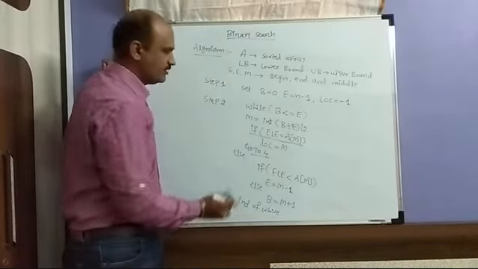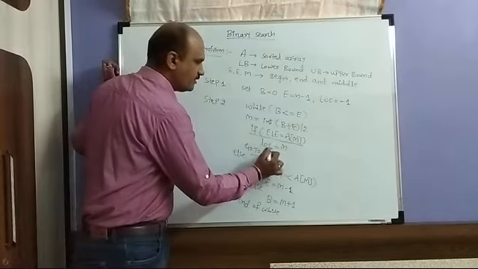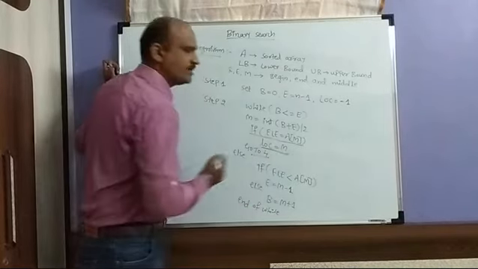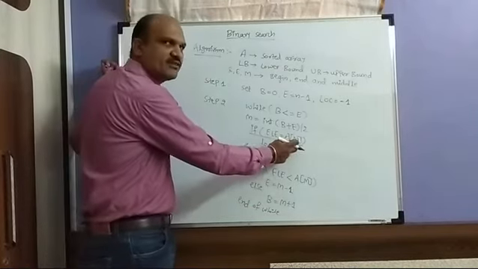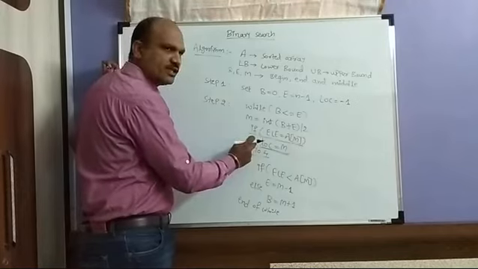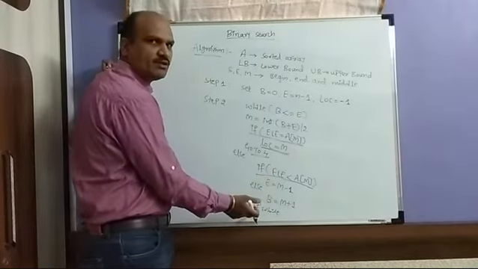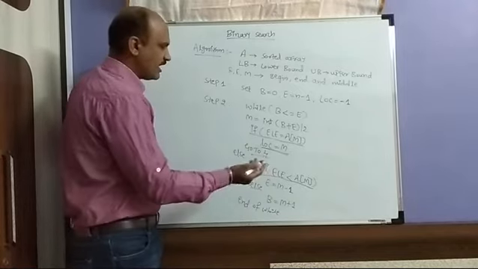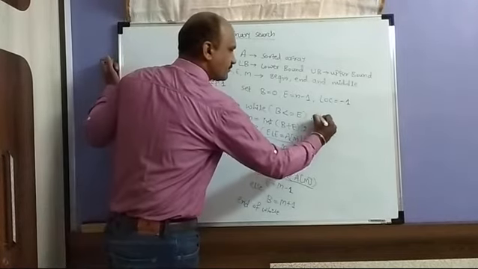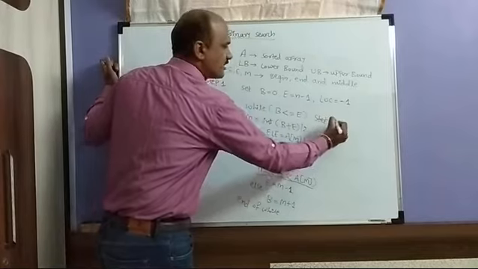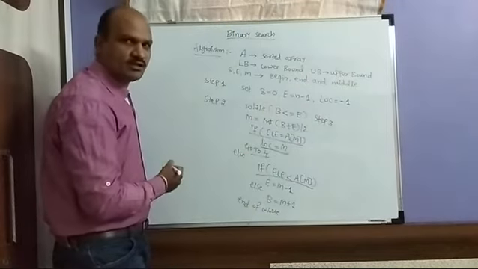End of while. So this condition, when it will be location, we will find the middle element the same as the searching element. If it is not there, then you have to go for this condition. Okay, so that is M minus 1 and M plus 1. So last one, step 3.